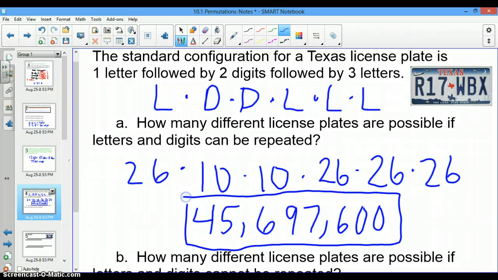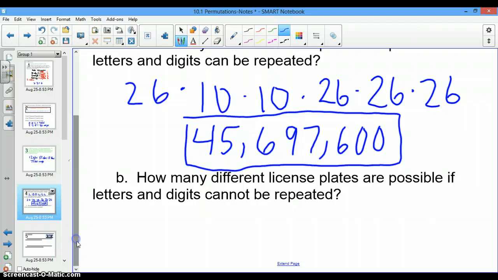So that's why we have so many different options, and we don't see those repeats. Now, the second part of this says how many different license plates are possible if the letters and digits cannot be repeated. Well, we start out with our first letter, 26 letters. Our first number, we have 10 total. Then our second digit, we cannot repeat that number that we use, so we have 1 less than that, so